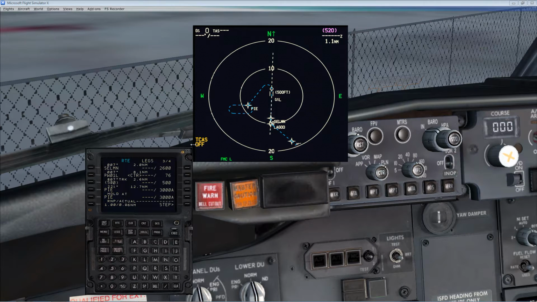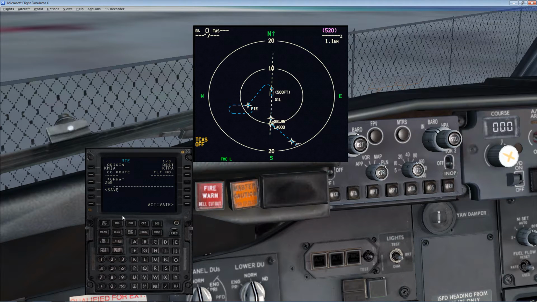On part 2, we had just finished examining our route in the FMC that we did via the legs page and stepping through the entire route to make sure that everything looked nice and smooth. All right, so after we've established that, we're going to click on our route page,